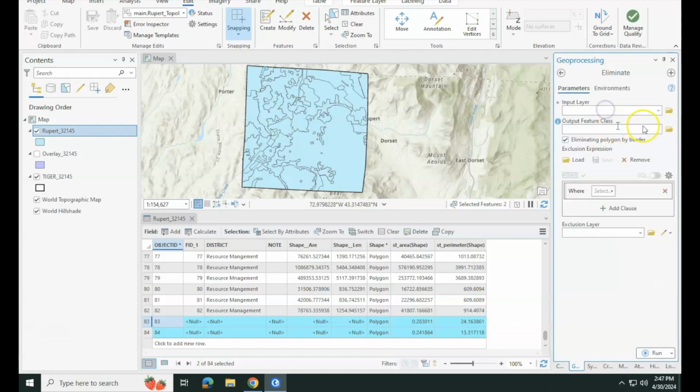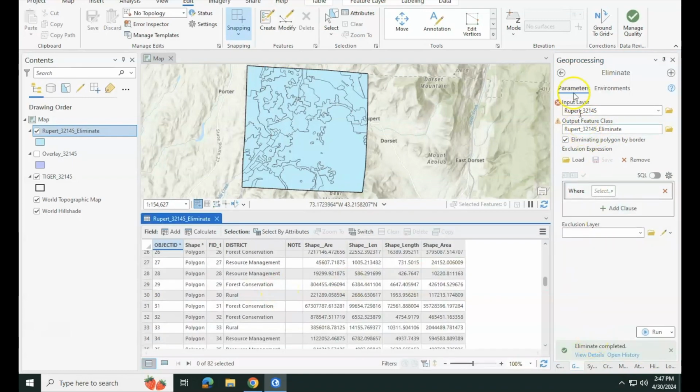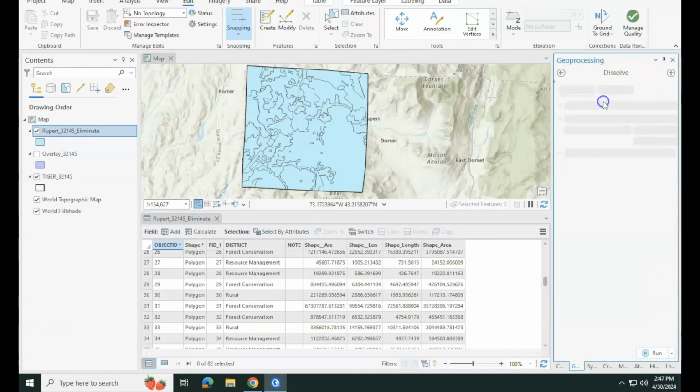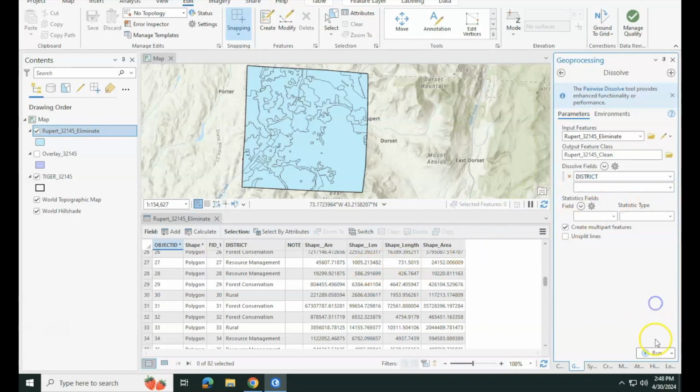Eliminate, and it's important that you select these in the attribute table, otherwise the eliminate tool has no idea what's going on. So use the selected records, create a new feature class. This all looks fine. The next step here is to dissolve. So the input here would be the eliminate, and this is our last step. So we can name this clean, and our dissolve field can be district. So we can run this,